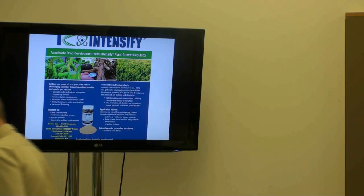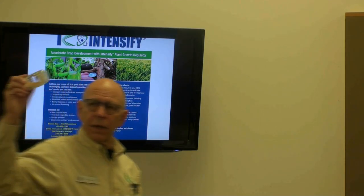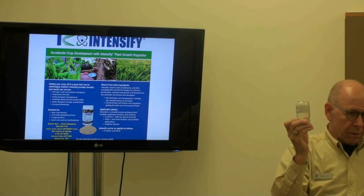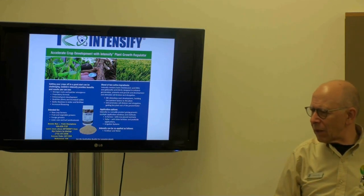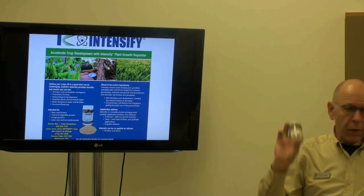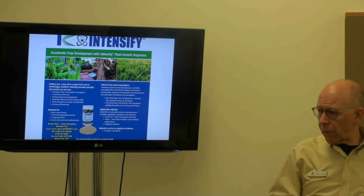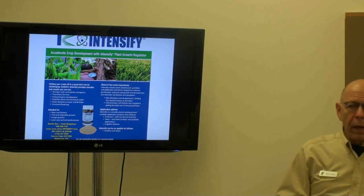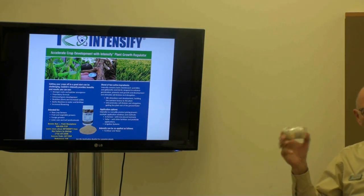This is enough Intensify for 1 acre. In a container, which is 12.8 ounces, I believe it is, you've got enough for 50 acres. It can be applied in furrow with your in-furrow foliar application. It can be applied foliar as well. Kip tells me a couple of things. Number one, he says this product,